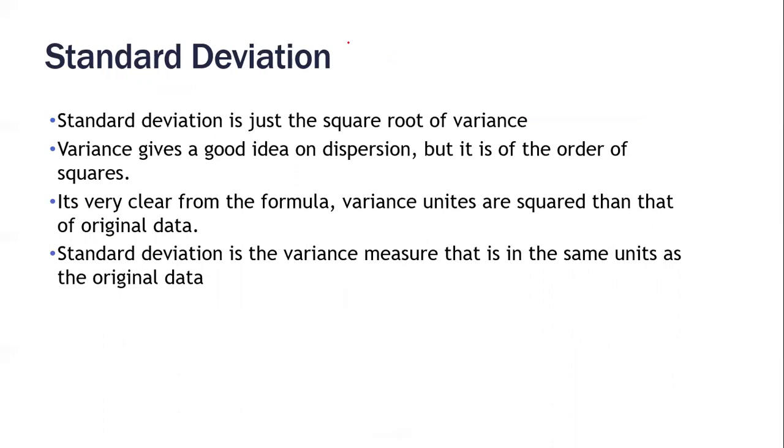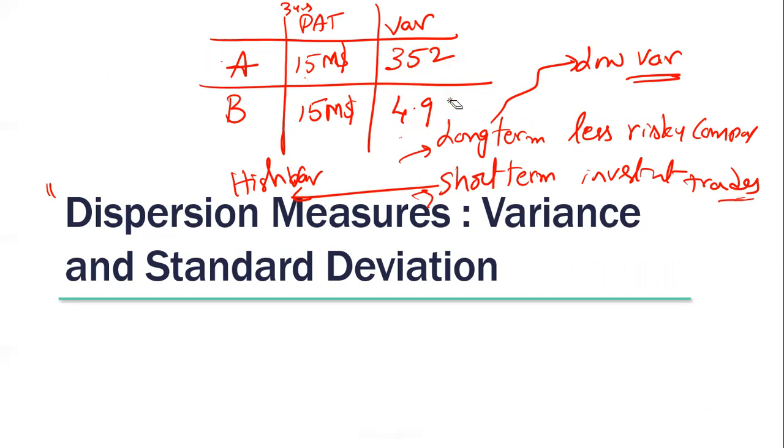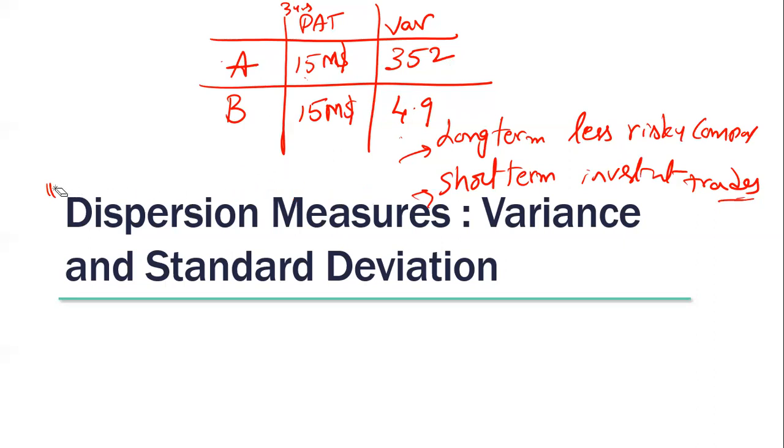In some cases, I think you may have observed this, there are some cases where you want high variance. Agreed or not? There are some business cases where you want low variance. It's not that always high variance is good. It's not that always low variance is good. Depending on the business problem that is in your hand, you may have to decide which one is more beneficial for you. Do you want versatility? Then go for high variance. Do you want consistency? Go for low variance. That is the story of variance.